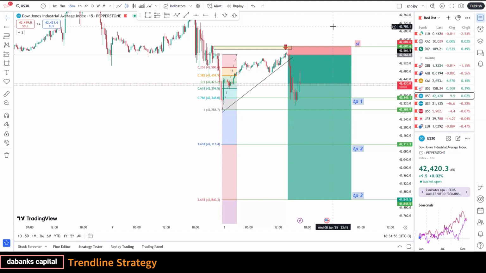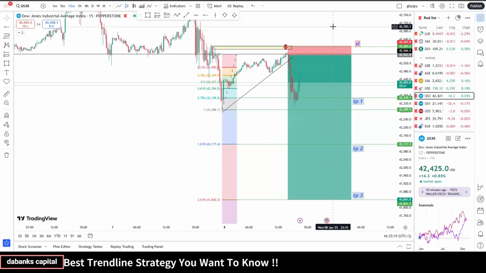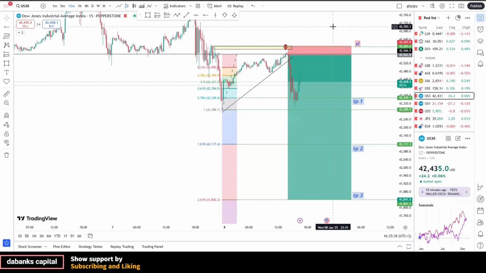So we are going to talk about trend lines. Probably you've heard about trend lines as a trader, and today I'm going to give you the strategy I use when trading trend lines. If this interests you, please stick to the end, because you can use this strategy to add to your list of strategies, or if you're a beginner, you can use this to test and try to make money with it. So without wasting time, let me jump directly